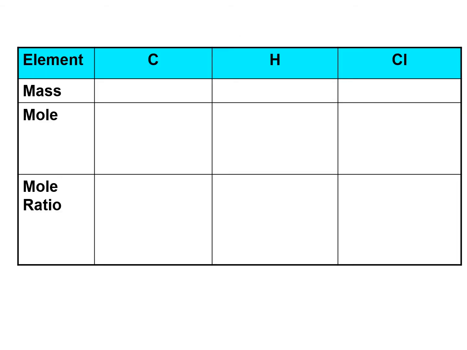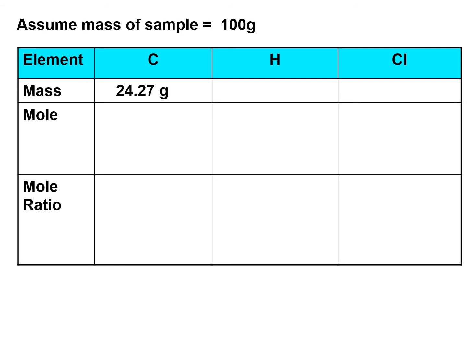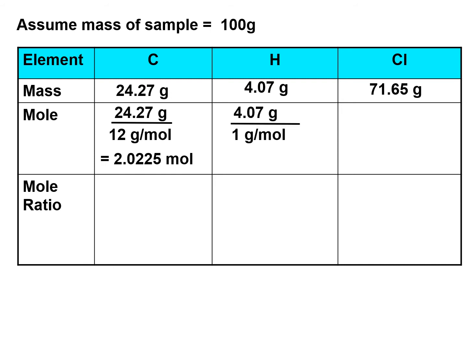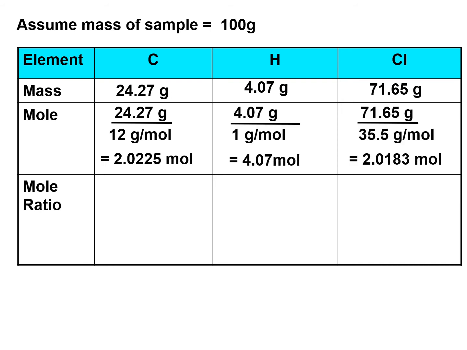Since the sample of carbon, hydrogen, and chlorine is given in percentage, we can assume mass of sample is 100 gram, meaning that carbon is 24.27 gram, hydrogen is 4.07 gram, and chlorine is 7.65 gram. So we divide the carbon, hydrogen, and chlorine by the molar mass. So this is the mole we get. After that, we choose which one is the smallest mole. The answer is this one,